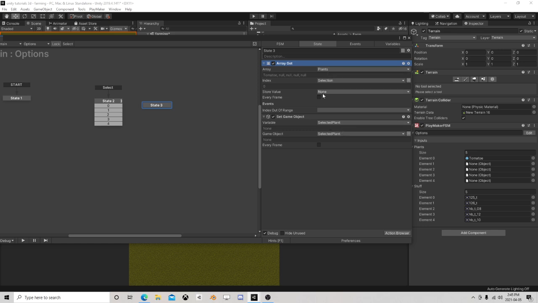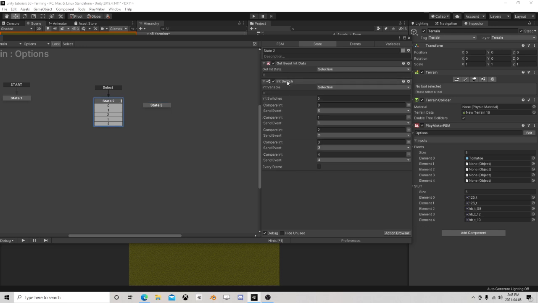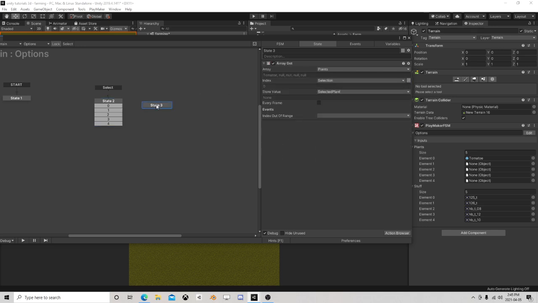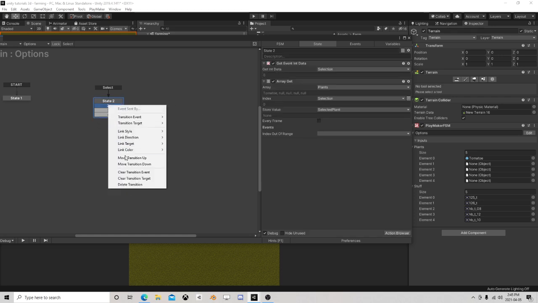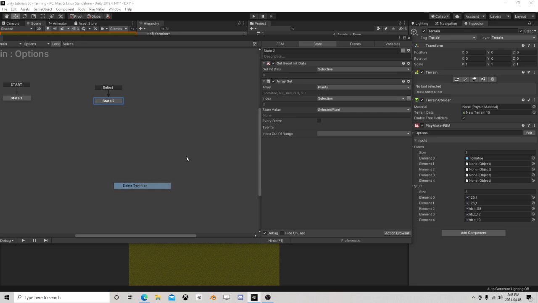Okay, so if I get that, I store that into selected plant. Let's just get rid of that. And let's get rid of that. Now let's drag him over here. Now we can get rid of those. We don't need the switch. Get rid of the switch. Screw the switch. So we're going to get that, get the tomato plant, and then